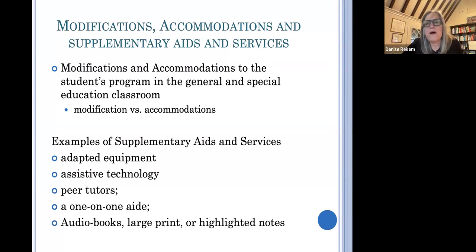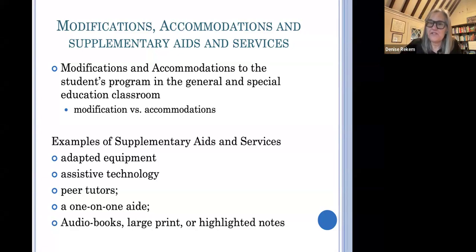What is the difference between modifications and accommodations? So, an accommodation is, say, giving someone with slow processing speed more time to complete a task. That's an accommodation. The task is the same as the kids without a disability, but we're going to accommodate this child's disability by giving them more time. Or the child's in a wheelchair, they can't get up to the second floor. We need to accommodate the child by putting the classroom on the first floor or letting the child use the elevator. We're not changing the actual curriculum. We're just accommodating the child for their disability.